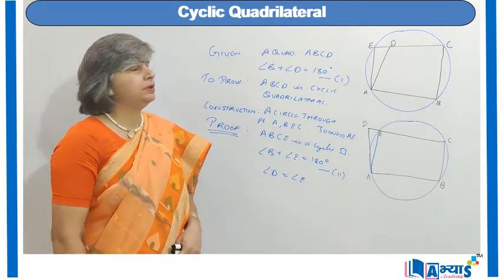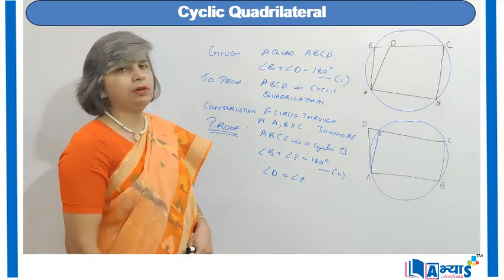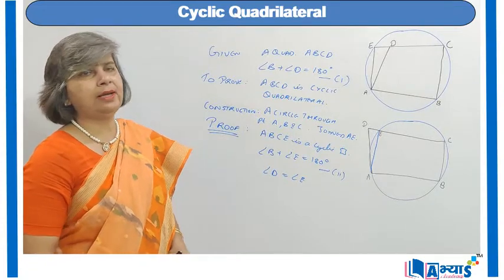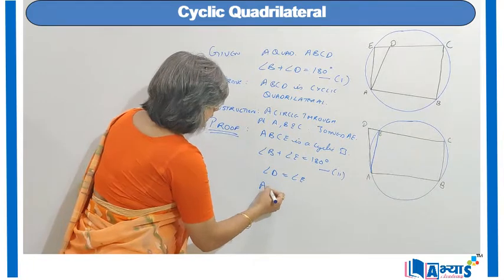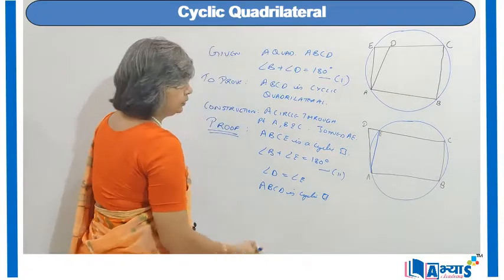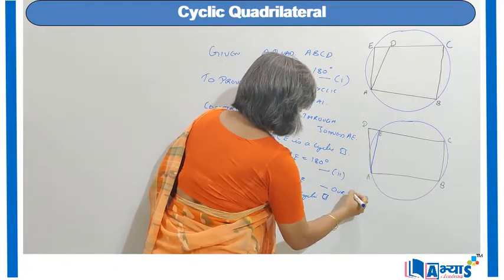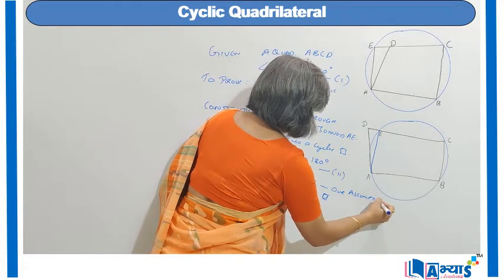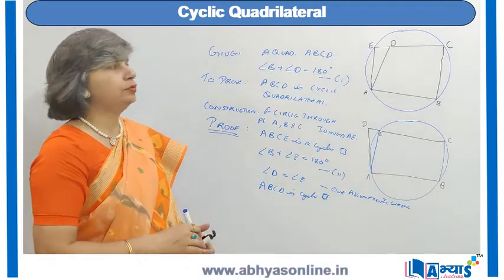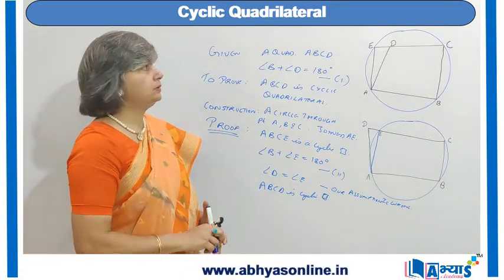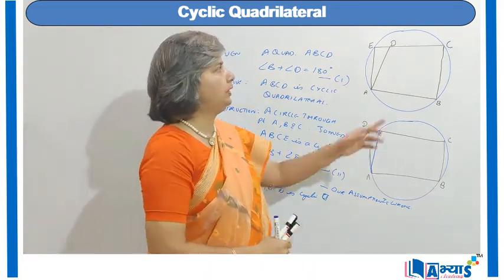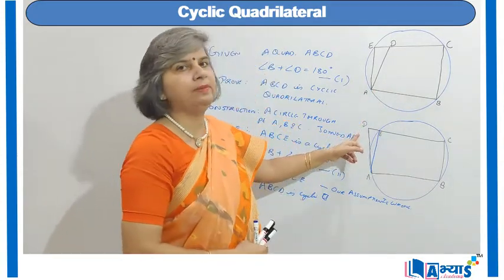That is, the point D cannot be inside the circle, or the point D cannot be outside the circle, so the point D will lie on the circle, or we can say that ABCD is a cyclic quadrilateral, because we have assumed that the circle is not passing through point D, so our assumption is wrong. Because now we have shown in both the cases, if the circle is not passing through D, either the point D will be inside the circle or the point D will be outside the circle.